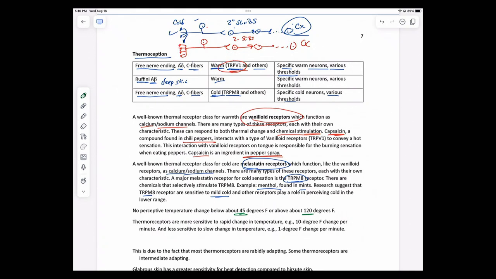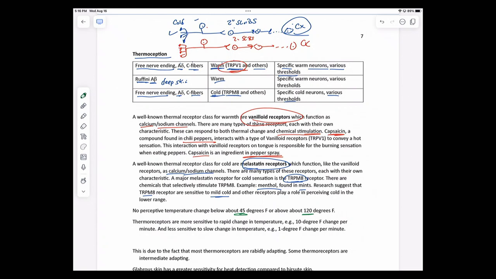So what we're talking about here is rapid adapting and slow adapting. And we talked about this earlier. Rapid adapting receptors, they're very sensitive to change, so you'll get a flurry of activity when you go from one temperature to another temperature, but after you are at that temperature, then those neurons kind of quiet down. So basically, getting used to the cool water in the swimming pool or the warm water in the bathtub, that's mostly a function of your rapidly adapting thermoreceptors that are quieting down. You do have intermediate receptors as well, which is why the tub of water still feels warm, but not as warm as when you first put your body into it.